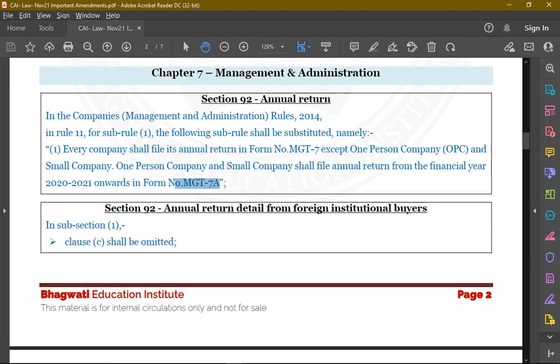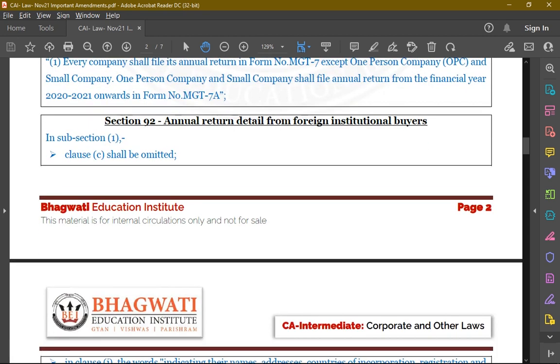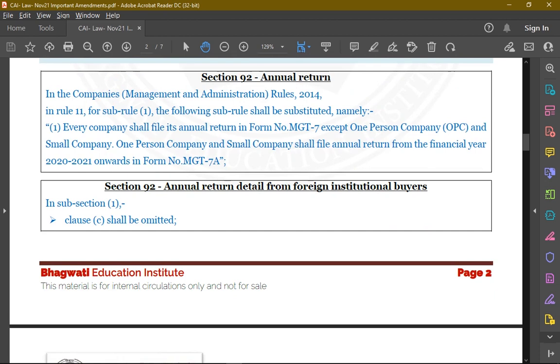So over here only one clarification, and that is new form MGT 7A has been introduced, which contains less information to be given to the ROC, the government, and that will be applicable to OPC and small company. Now another part of the section 92 amendment is that certain